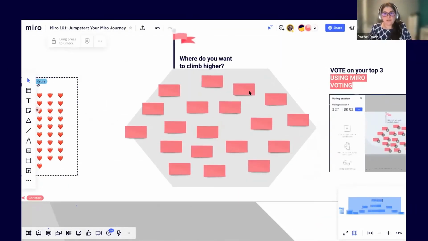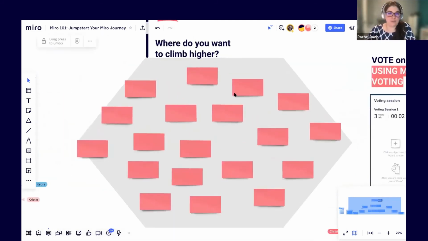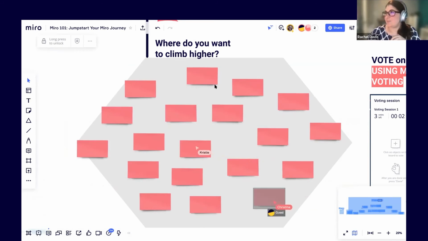So after learning, very high level, some of these things in Miro I'm teaching you, what do you want to learn more about? What didn't I talk about that you want to learn about? What other types of events should I have? What are things you want to learn? So come over here to the pink stickies and start writing some of those.